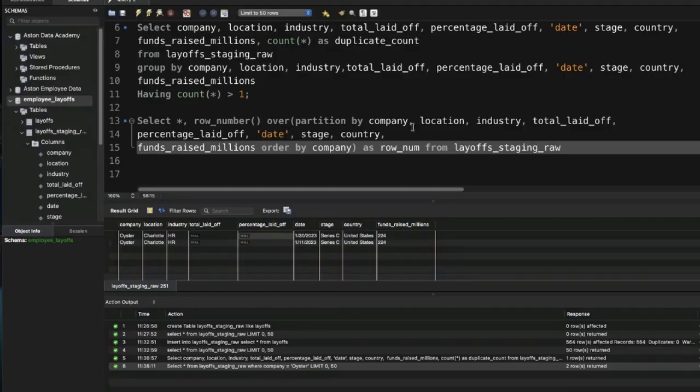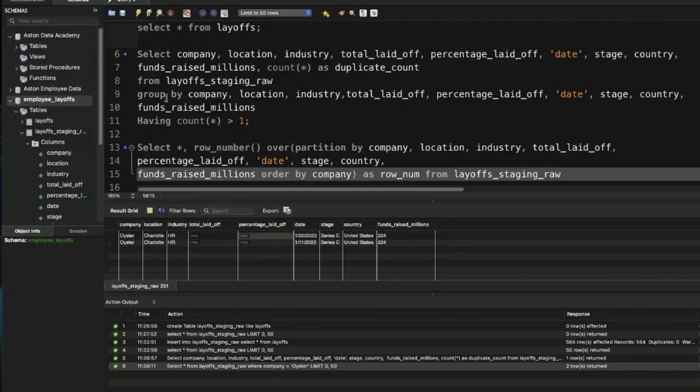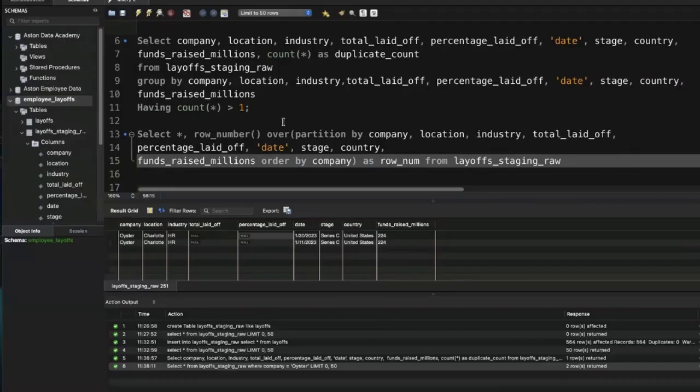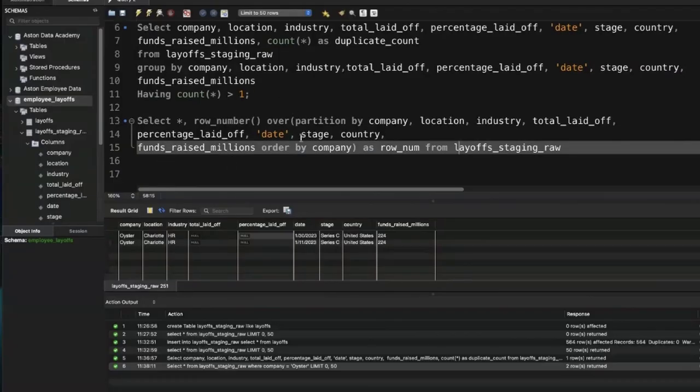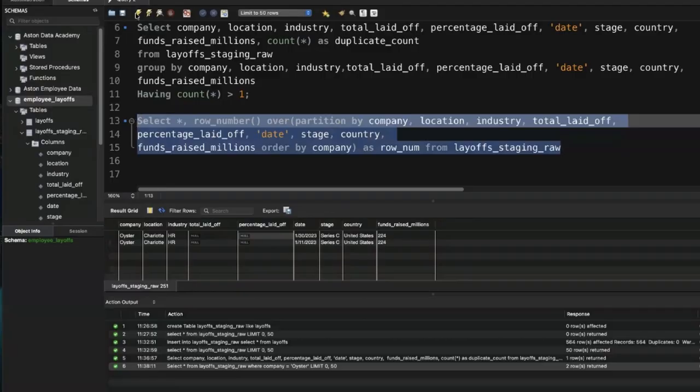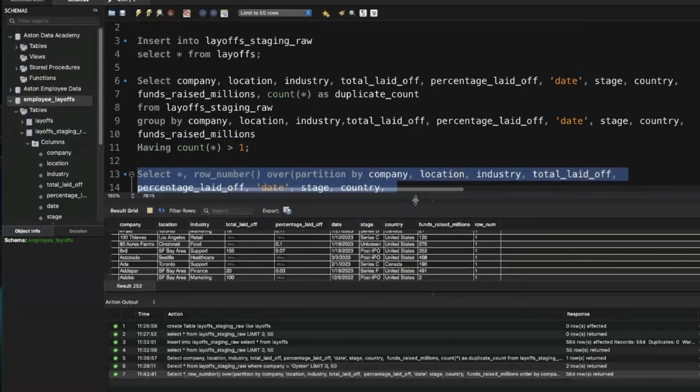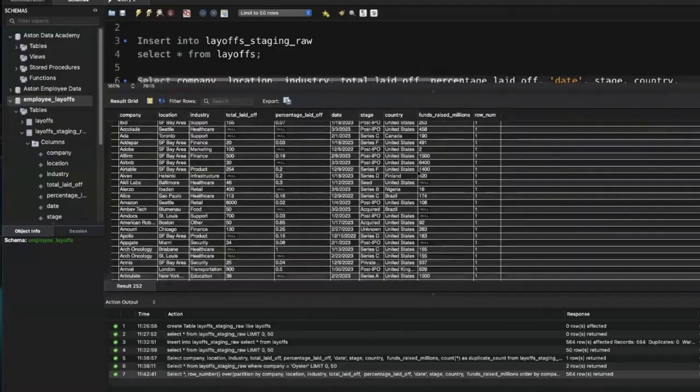If I want to look for duplicates, or I'm trying to identify duplicates, I've shown you this first step where you count each of the rows, just to ensure the one that has more than one. But to be clearer, you can show everything and show their row numbers so that you can see the one that has 2 as well. And this is what helps you to achieve that. So these are different ways you can check for duplicates. So once you run that, you can see